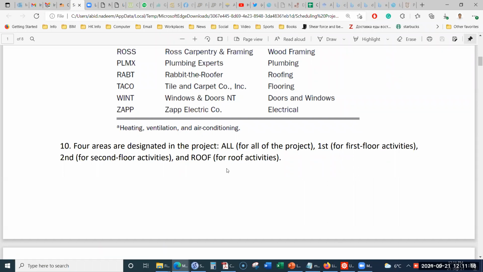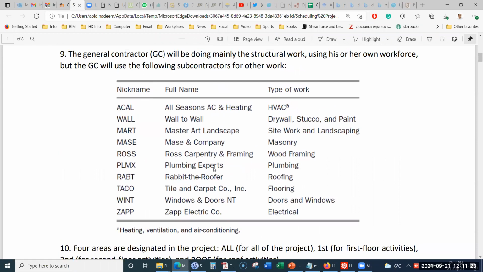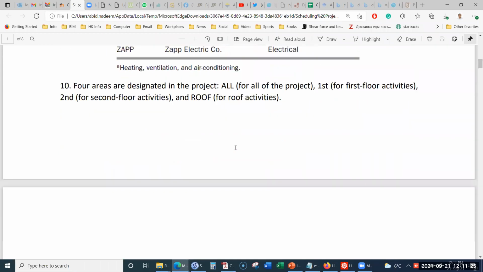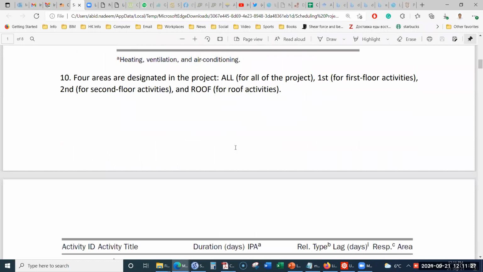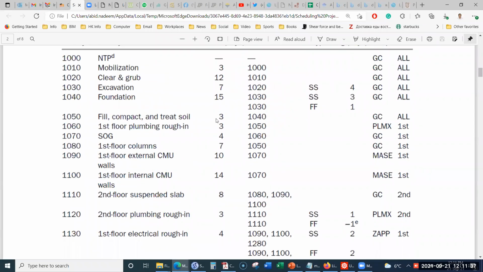So we can divide this work based on the responsibility of the work, and we can divide it by the area of the work. So there are 2 ways in which we can possibly organize this work. And here is the list of activities. Okay, so we will start from the